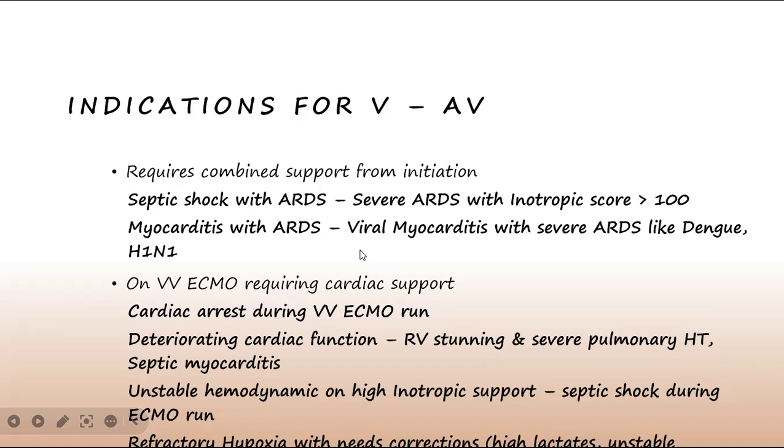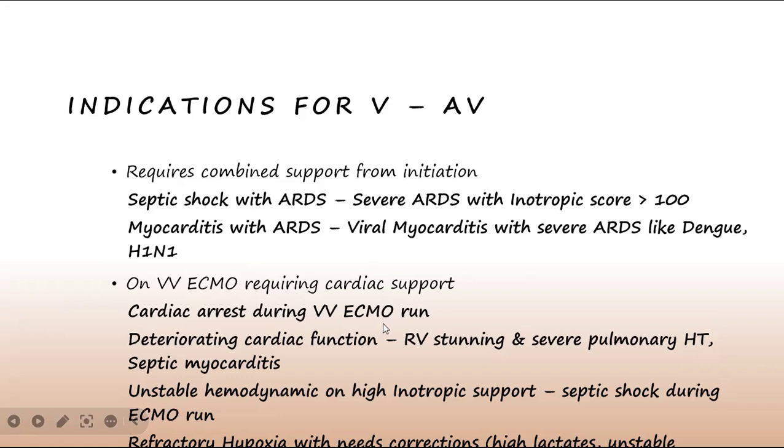Say, for example, a dengue viral myocarditis with severe ARDS, like dengue or H1N1. In those situations, yes, in the initiation phase itself, you can directly go with the hybrid modalities of ECMO, like VAV ECMO. If it is a VV ECMO, what are the various situations which warrant us to go into VAV ECMO? In a VV ECMO, when there is a cardiac arrest that happens during a VV ECMO run, yes,